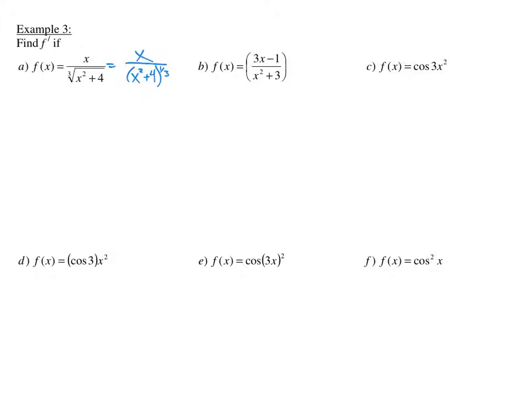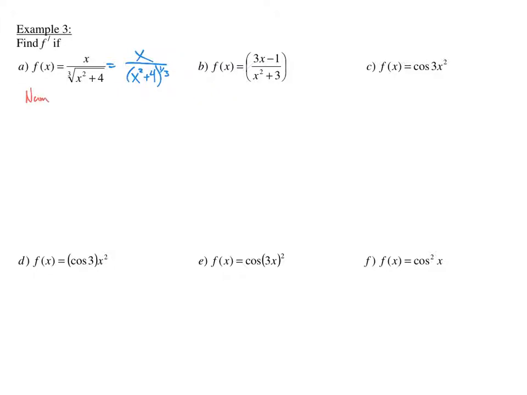Okay? So, we have here, our quotient rule is low d high minus high d low over low squared. Okay? So the denominator times the derivative of the numerator. So the derivative of the numerator,